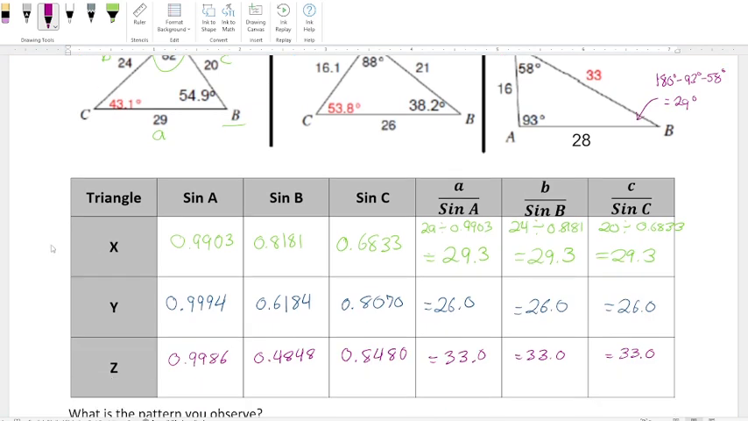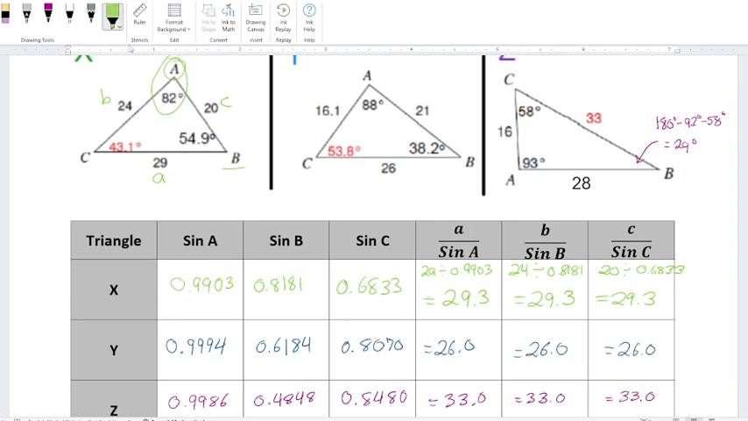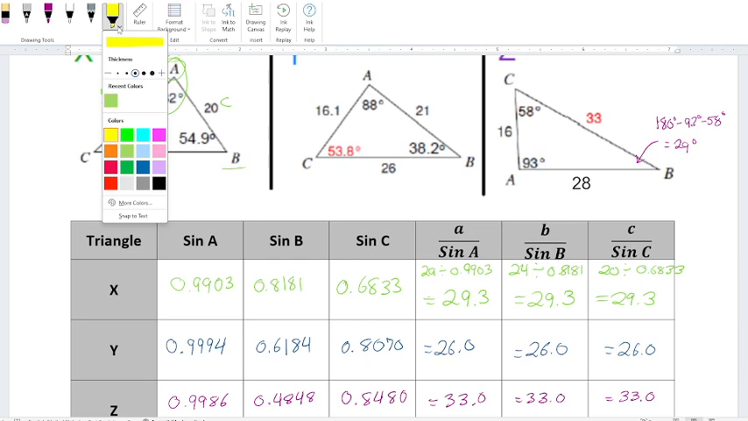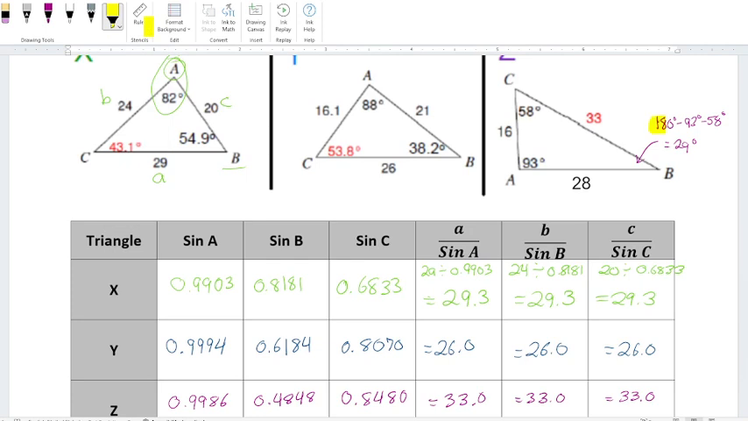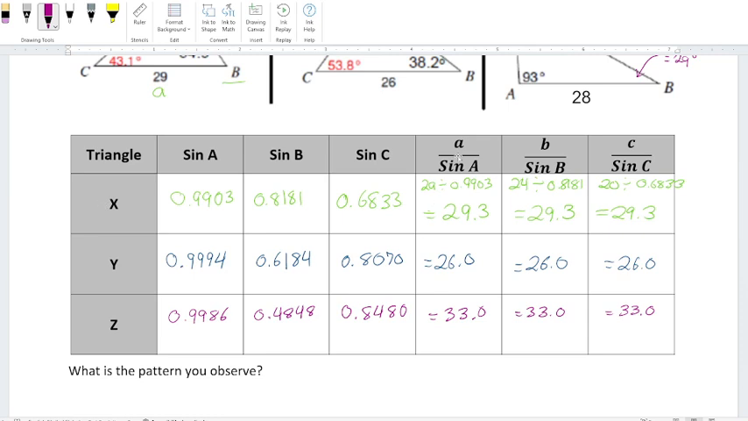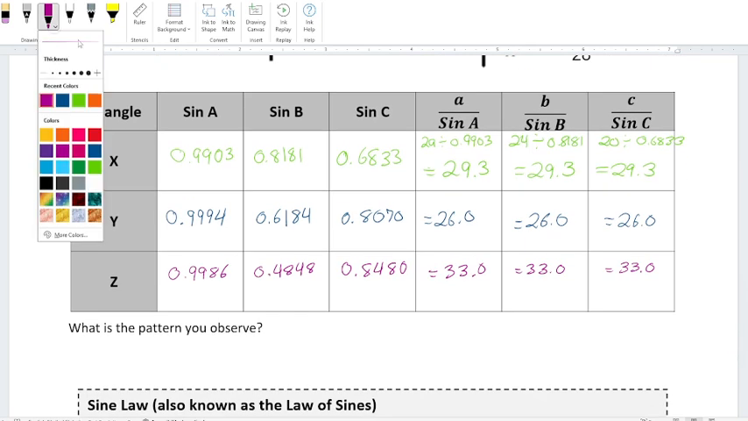Alright, there's the completed table. One thing we had to do was we weren't given this final angle for B, so we remember all the angles in the triangle add up to 180 degrees. So we took 180 and subtracted the other two angles, and whatever was left was angle B, and then we could use that. So we seem to have a pretty consistent pattern going here for triangle X. The ratio of A over sine A is the same as B over sine B, is the same as C over sine C, and that's also the case for Y, that's also the case for Z. So that's a pretty strong case that we've got here,